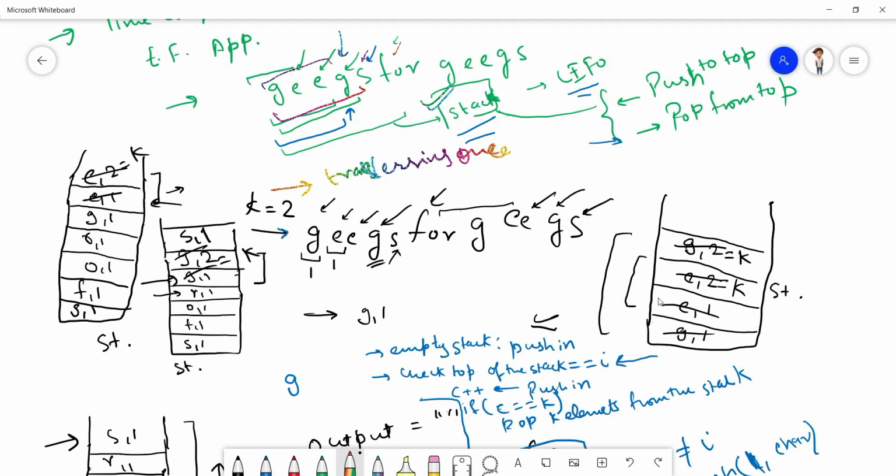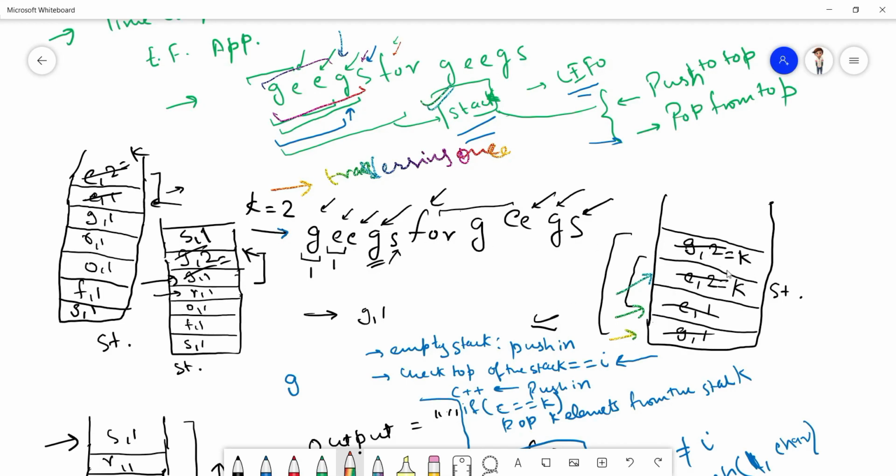If the stack is empty, we push the element with the count value 1. If the element is not equal to the top of the stack, we push it again with the value 1. If it is equal to the top of the stack, we push it with the counter increased.